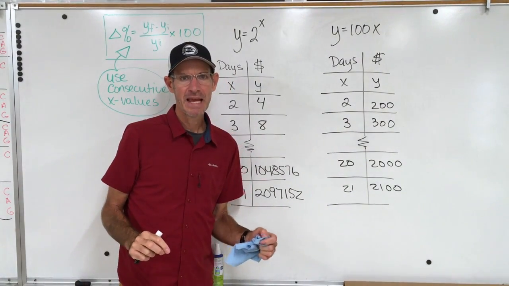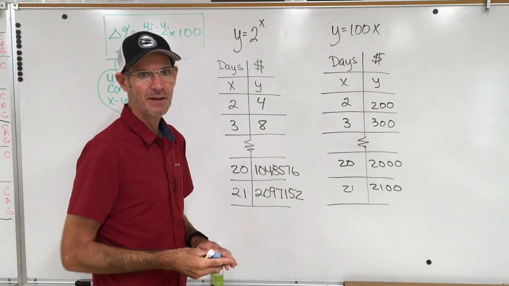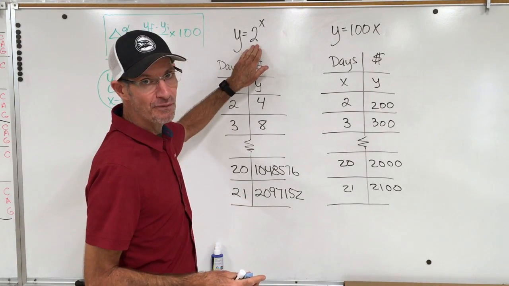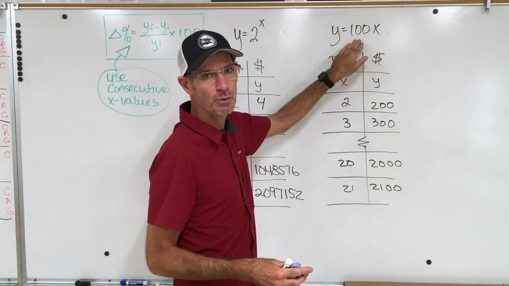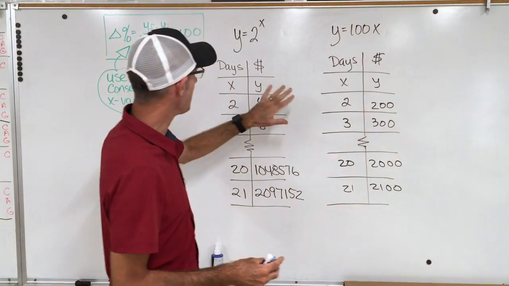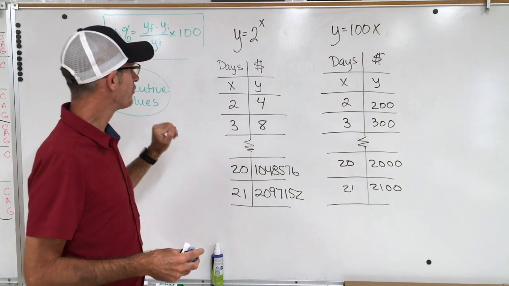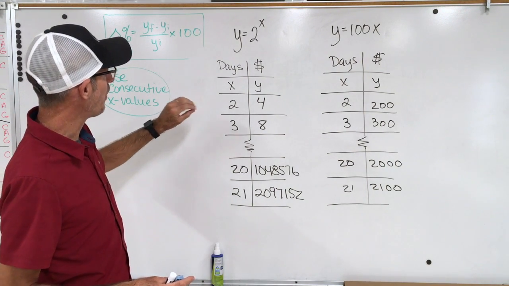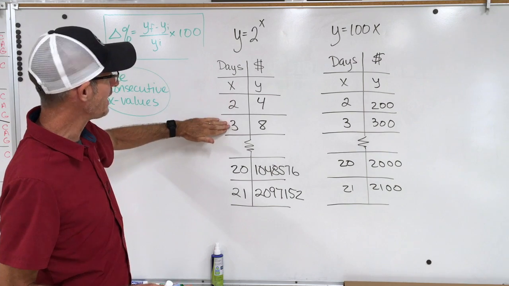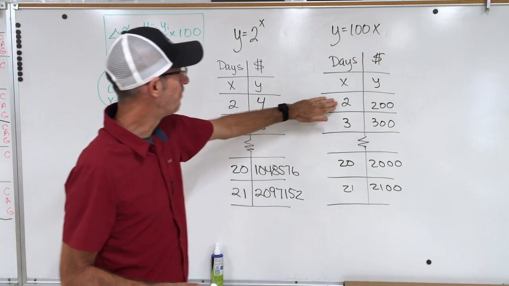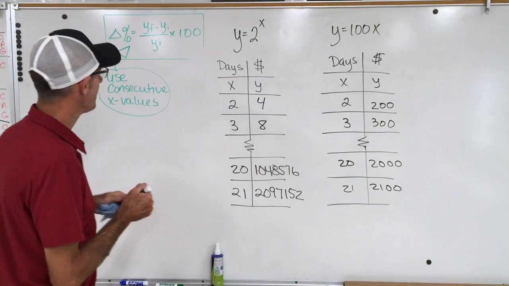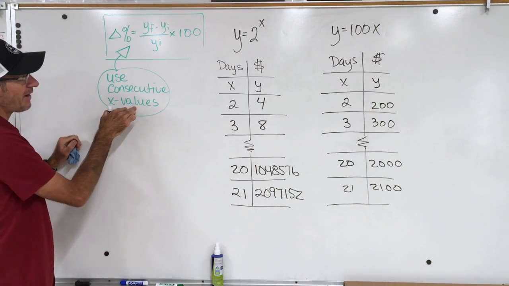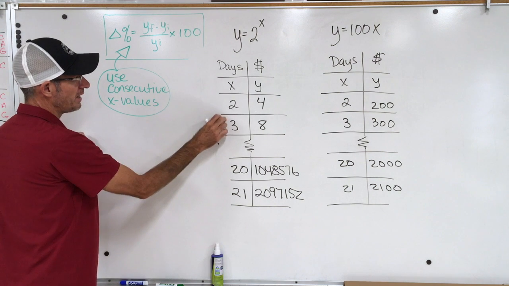To help us understand percent change and the difference between an exponential function like y equals 2 to the x and a linear function like y equals 100x, we're going to take a look at this example. So we're going to start out by just looking at what happens between day 2 and day 3 on both types of functions. So the formula says that if we use consecutive x values, which 2 and 3 are consecutive x values,